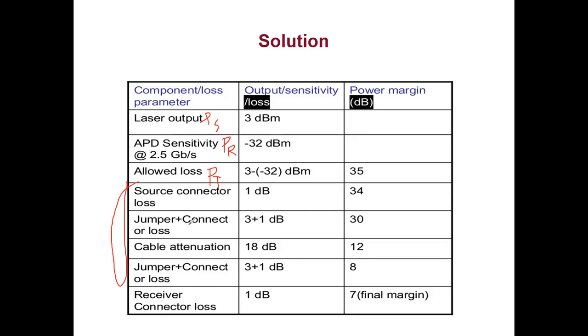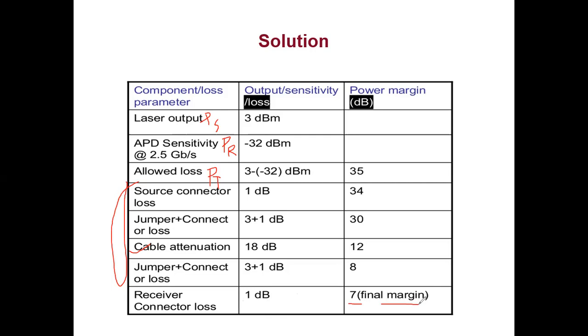It is not necessary that the first loss given in the question is the one you subtract first. Usually I have the habit of subtracting the cable loss first, because it will be there in any situation. The fiber cable loss will be there, so you can calculate it first and then subtract it. So the cable loss times 60 comes out to be 18 dB. You can elaborate the steps over here, and since every time I am subtracting, that subtraction need not be shown. And then when you come to the final table, you have 7 dB. So 7 dB is your final power margin.